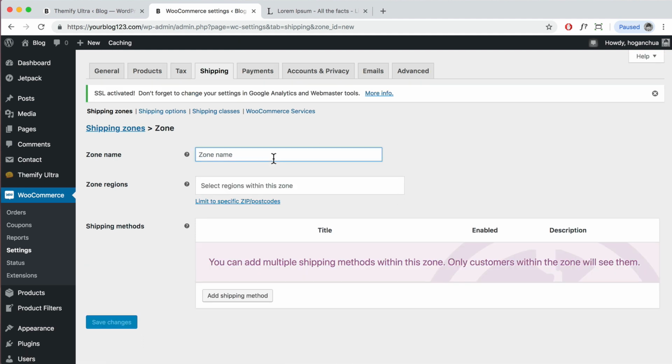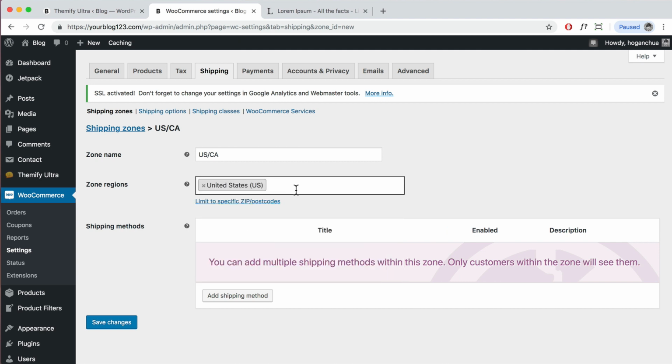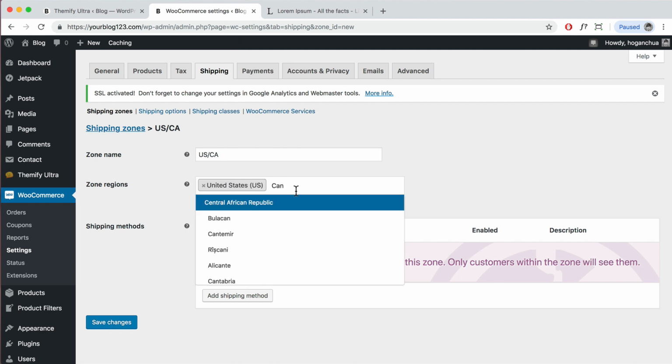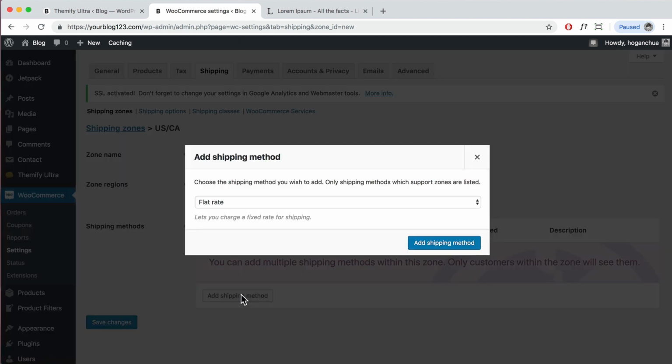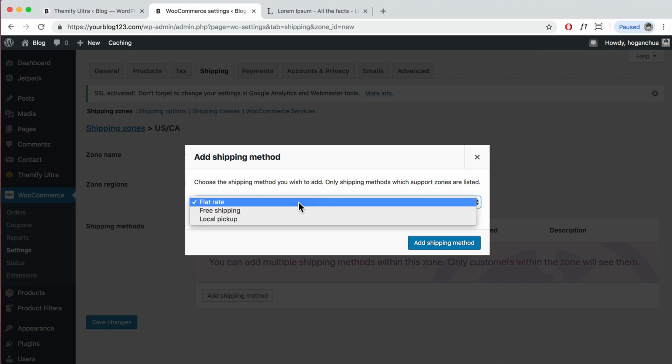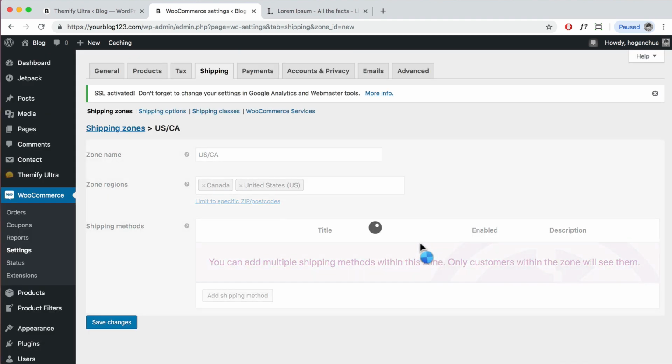and the zone name might be US and Canada. So here you'd select United States and also Canada as well, something like that. And then you could add shipping method. You could do flat rate shipping, free shipping as well. So for example, you might do free shipping, add shipping method,